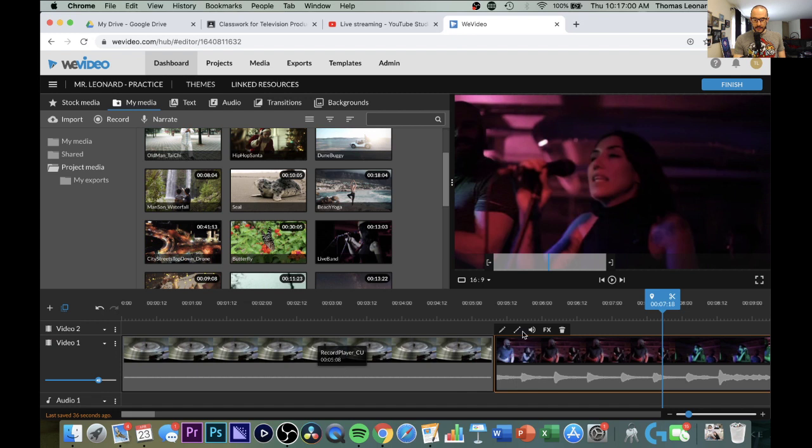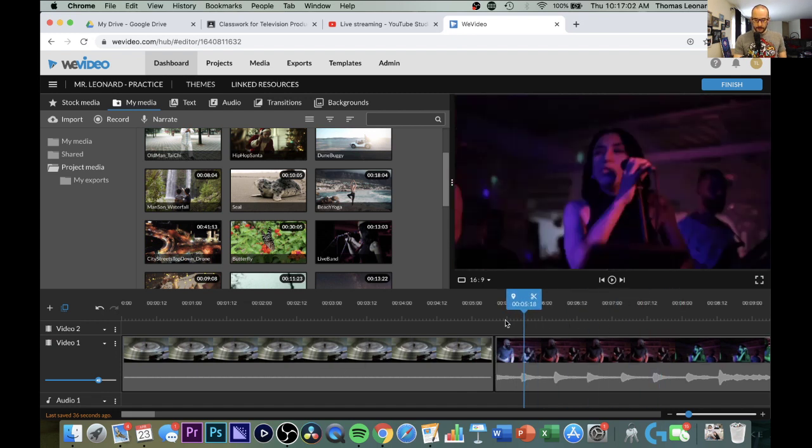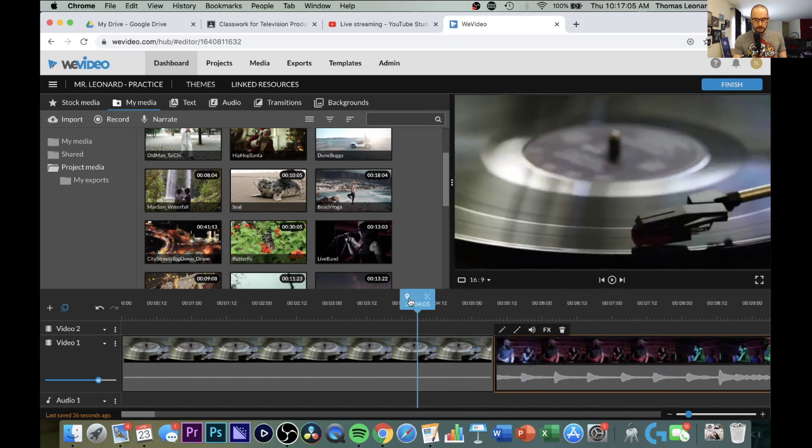Now, that's great, because we have a visual representation of that audio, but it really means that your audio track is used exclusively for music and audio that you're adding. Whether it's a song or a sound effect or a voiceover, that's what your audio track is going to be used for. So when we get into the projects where you're eventually shooting things at home,